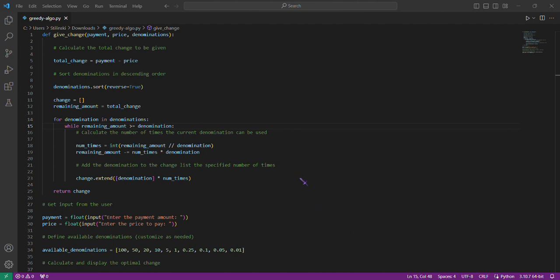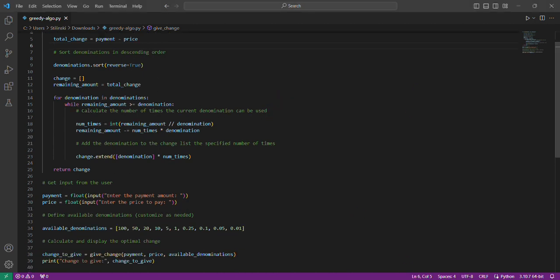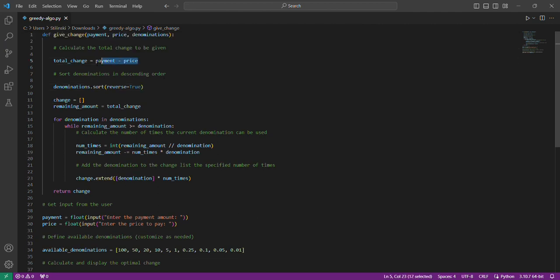So let us break down what the code is all about. The first line says def giveChange with payment, price, and denominations. The purpose of this is to take three parameters: payment, price, and denominations. The second line is the total change. We made a variable which is payment minus price.